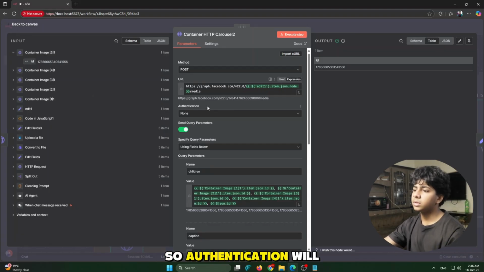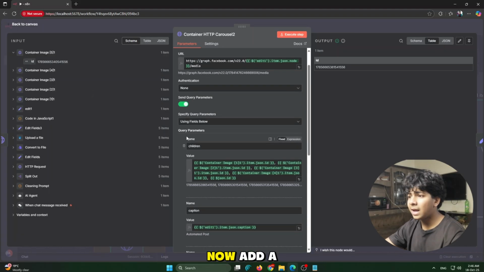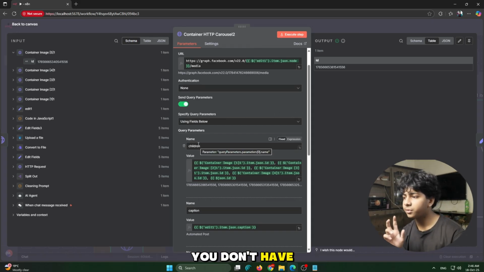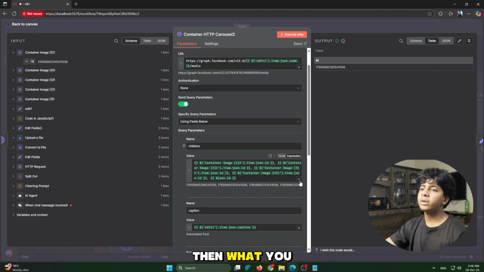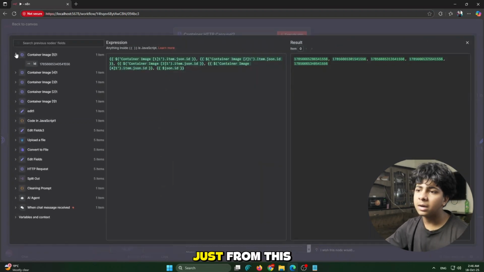Okay, so authentication will be none. Now add a query parameter named children. The spelling is very important, you don't have to miss any spelling. Then in the value, just from this container